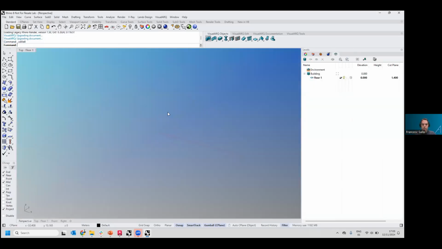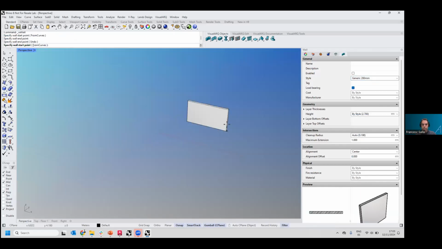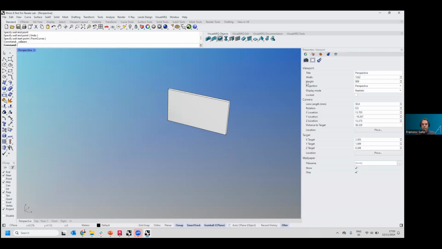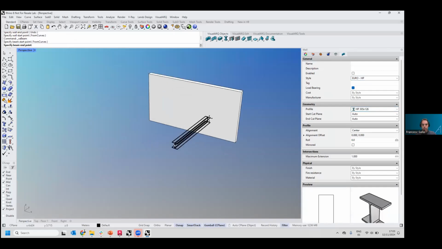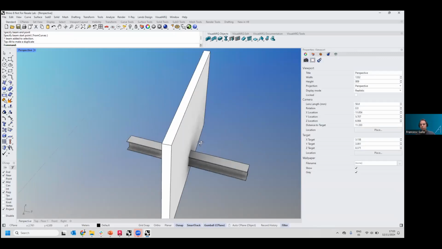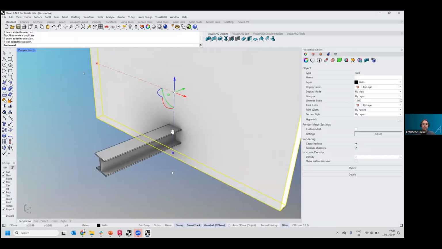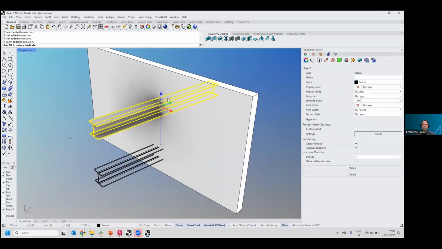Okay, so I draw, for example, a wall. It can be a piece of wall. And I will insert here a beam. Basically, I want to make the beam intersect with the wall. Okay. So automatically they don't intersect. So there is kind of a shared volume between these objects, and well, now we have this